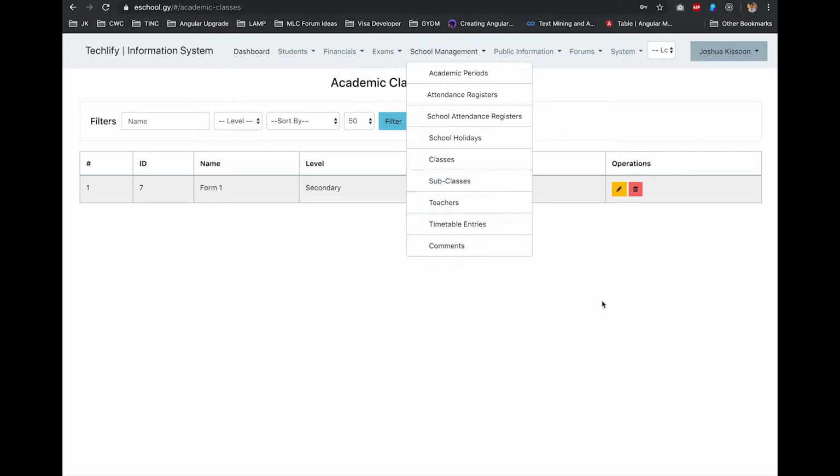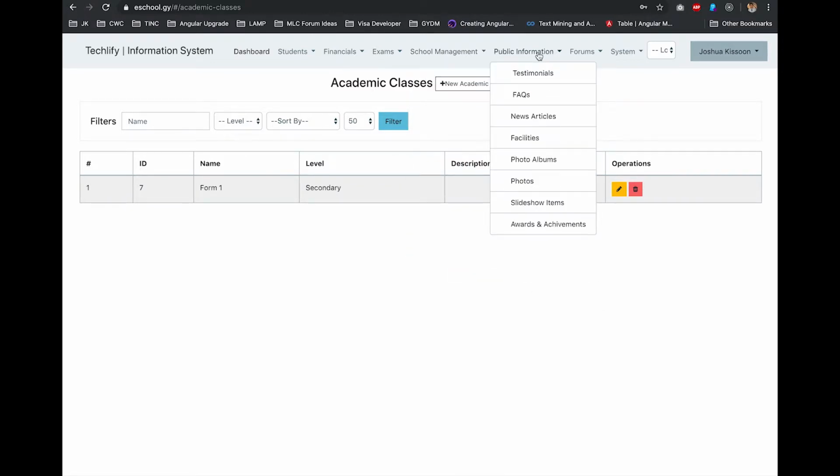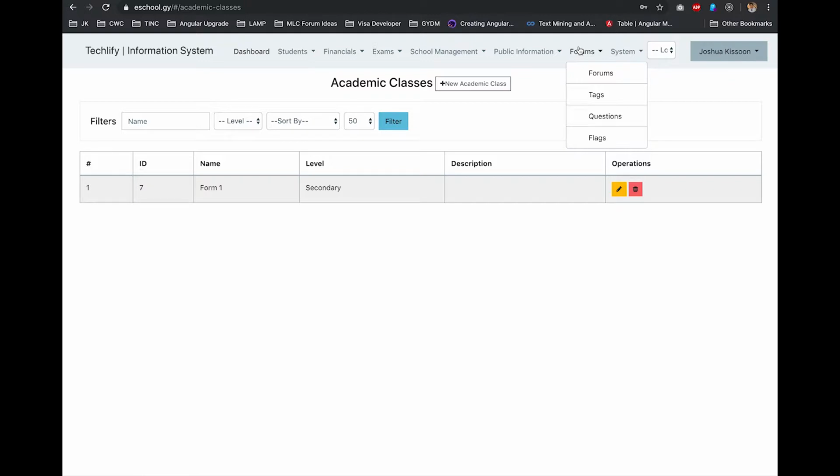teachers, timetables, etc. The public information section allows you to manage and edit information that are displayed on the public website that comes with this school information system. So the facilities that you have, frequently asked questions, testimonials, your facilities, photographs, and your slideshows, awards and achievements, and so on. If you have the student forums, you can manage your forums directly from this menu, and then most